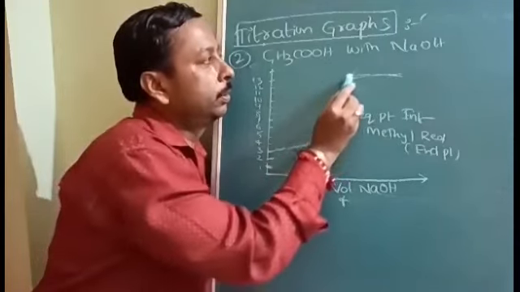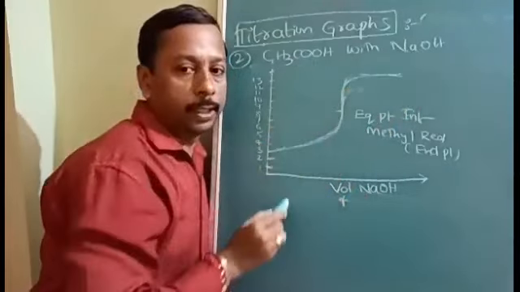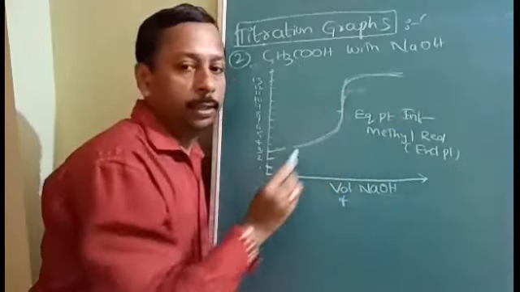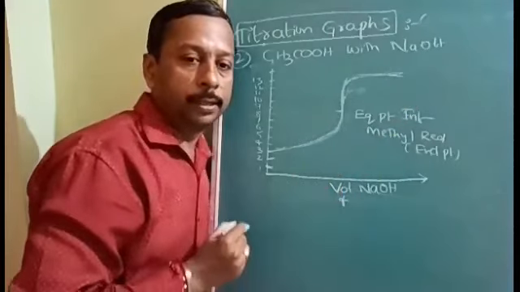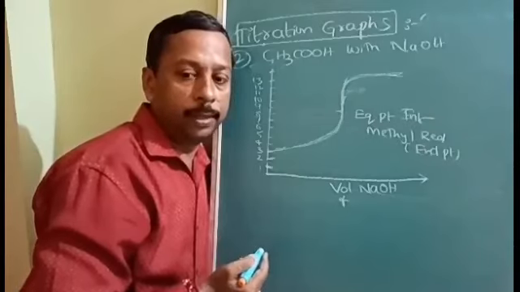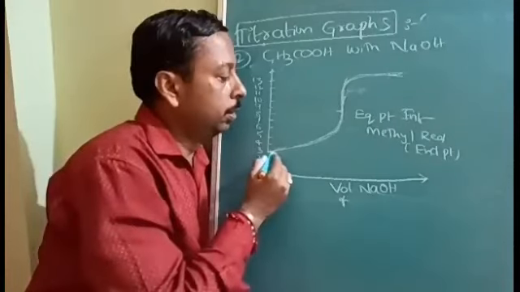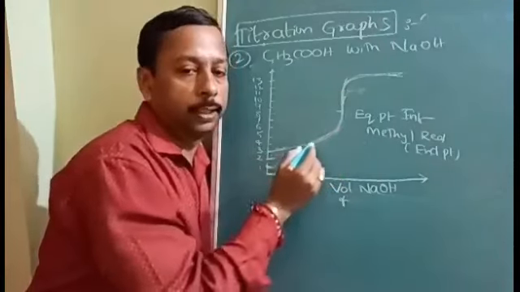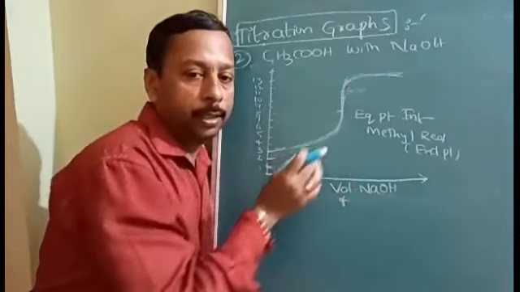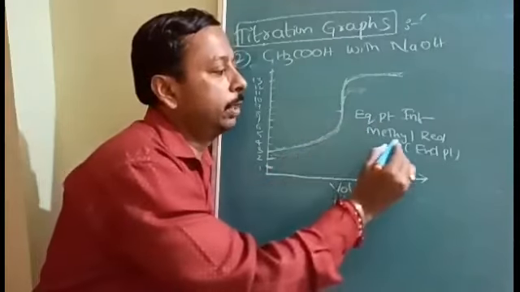From here it is taken over by the NaOH. Up to here it was the responsibility of acetic acid. So there is no problem from the NaOH. The problem is from the weak acid, because a weak acid will not liberate H positive as easily as it is liberated by a strong base or strong acid. So the time they take is more, therefore the steepness will be less. If they suddenly give H plus, the pH suddenly increases. If they slowly give H plus, it slowly increases. Understood? So this is the equivalence point.